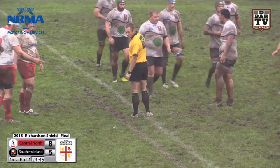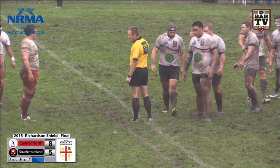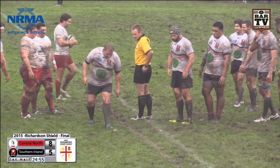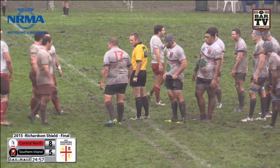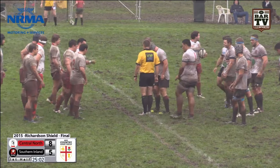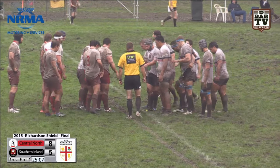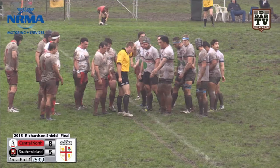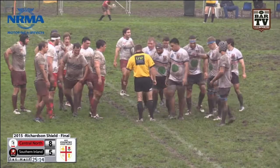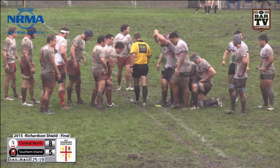And it'll be another scrum. We'll probably see Southern Inland try and attack this Central North set piece with a couple of replacements on. A little bit of an argument of where they want to set the scrum. Big James Daly's on for the Southern Inland side. I'm happy. Look, guys, if it's within reason, you guys can just make your own mark, honestly. There we go. And as we mentioned before at the top of the broadcast,